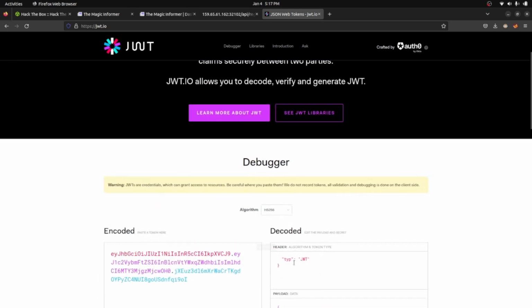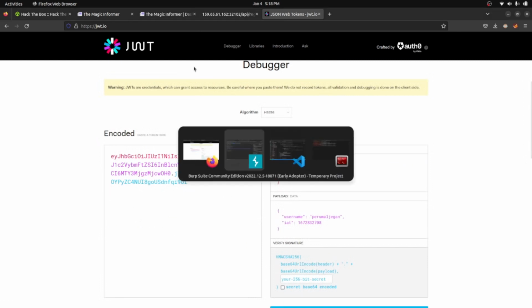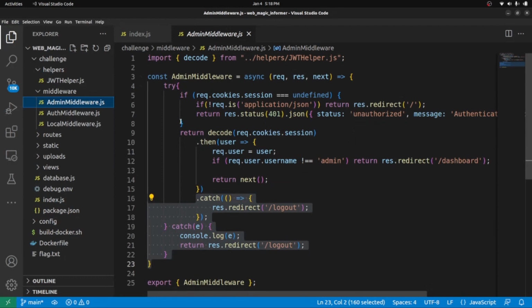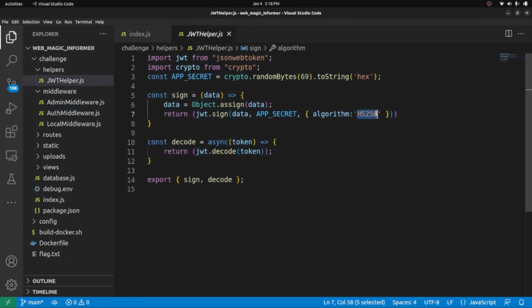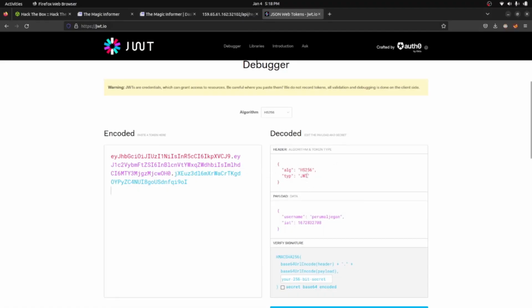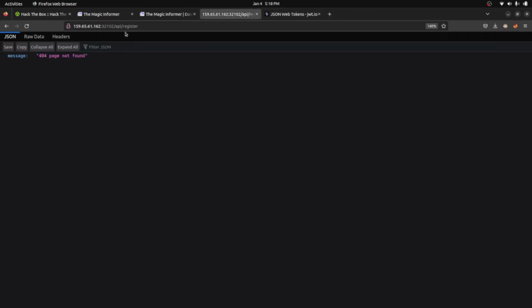I think I need to enter it again. The algorithm is HS256. We have found this algorithm already in the code block in the JWT helper file, and here they define the algorithm, and that's what we have found here. So look at this. So this is the user ID. All right, now let's try to explore the